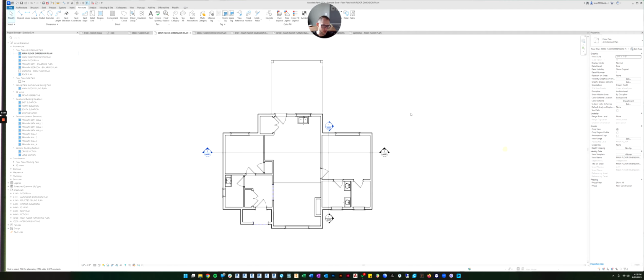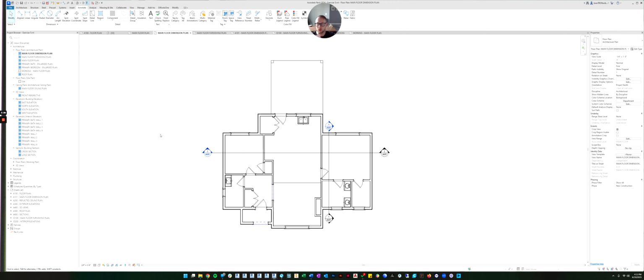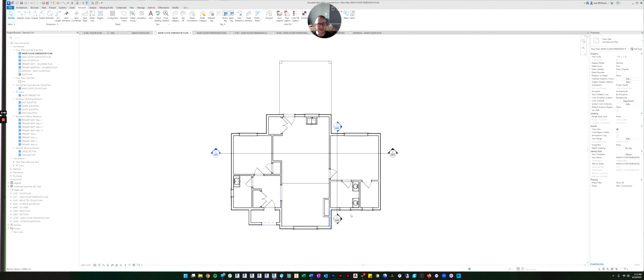You also have the option in the view settings over here to permanently associate the view template, so that if you made any changes to that view template, it would carry over to all the other views. This is probably not making sense. It's a little bit of a complicated topic, but just know that's how you can copy over the view settings.